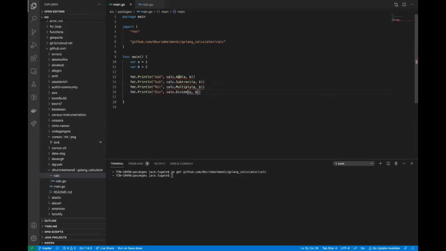We'll see some more errors because as well, the types that their multiply and divide functions are different than what I had. These actually take in float64, so we're going to do a typecast just so that we can get this example working. There you have it. If I were to do a go run,